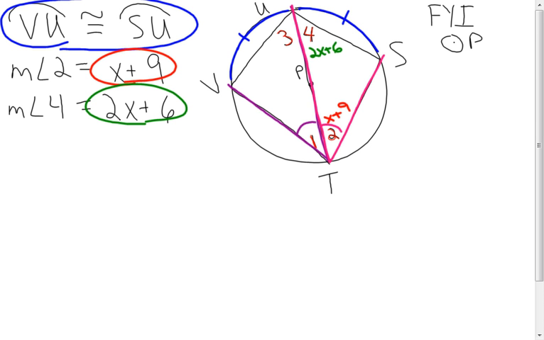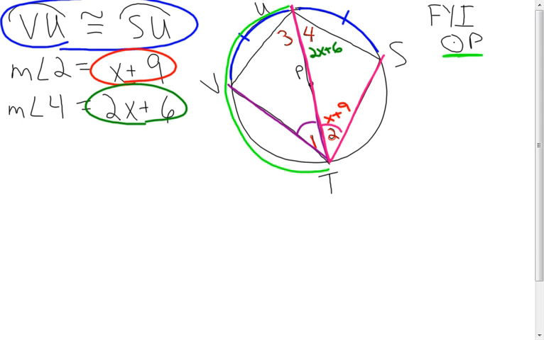Another thing I want to look at is that it tells me over here that I'm working with circle P. Therefore, P is the center of the circle, and segment UT has to be a diameter. If that's a diameter, then this has to be a semicircle, and this arc here is also a semicircle. So I know the measures of those two arcs are going to be 180 degrees. I'm going to eliminate this one for the time being, because I don't want it right now. I'm going to take this arc,